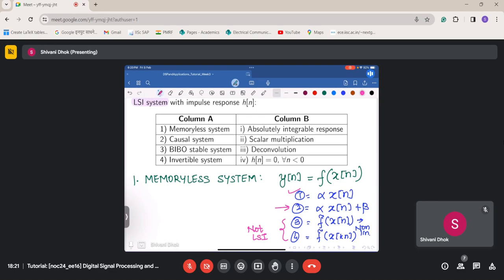This is time invariant, I understand. Can this system be linear? It is shift invariant, but it can't be linear. For example,